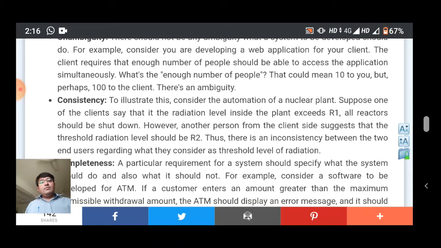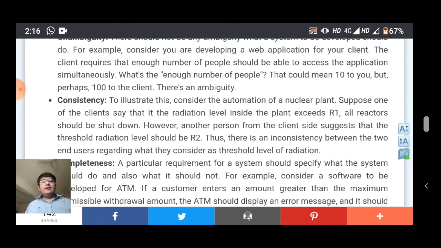And consistency. To illustrate this, consider the automation of a nuclear plant. Suppose one of the clients said that if the radiation level inside the plant exceeds R1, all reactors should be shut down. However, another person from the client side suggests that the threshold radiation level should be R2.